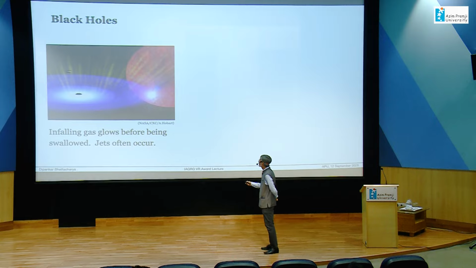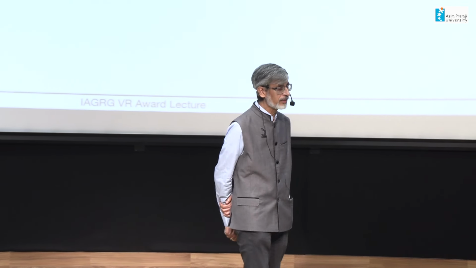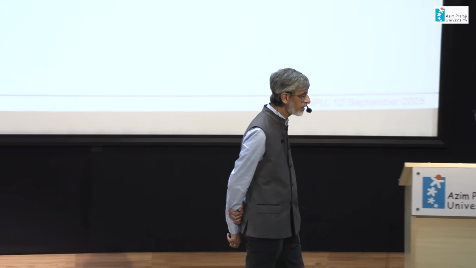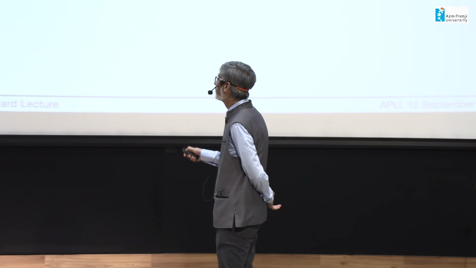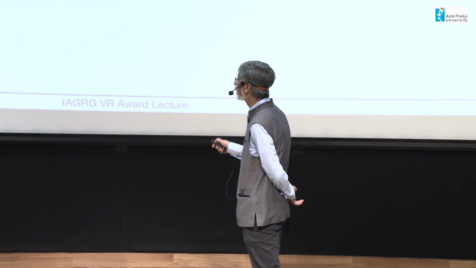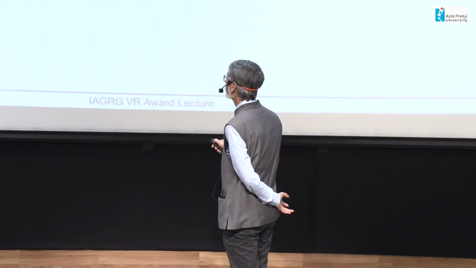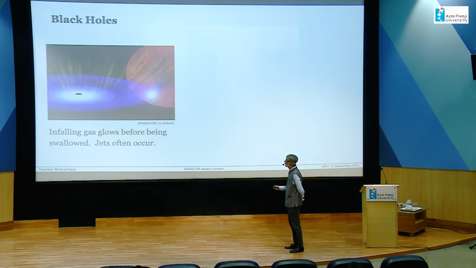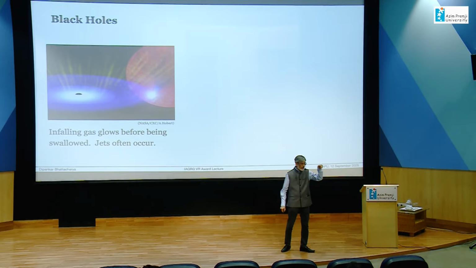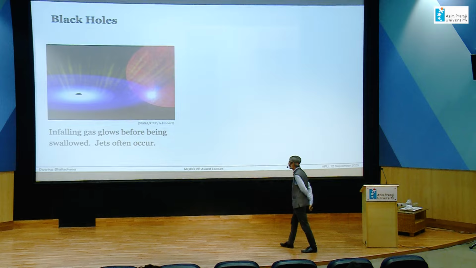The matter will come and then it will swirl around and then it will fall into the black hole at the center. It is often accompanied by some matter being ejected in the form of a jet, and there are some strong winds which could be expelled at some time. Sometimes the jet may be present, sometimes the wind may be present, sometimes a corona may be present. And this disk usually extends to an inner radius, which we'll call the inner edge of the accretion disk.